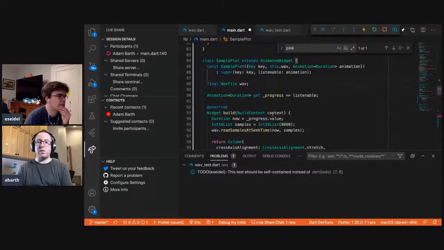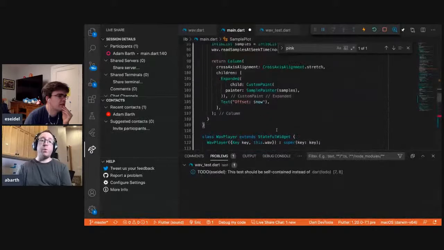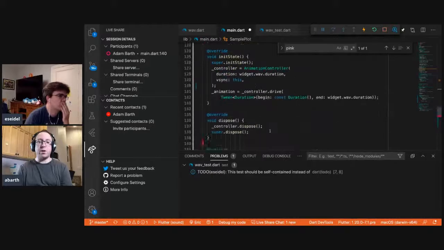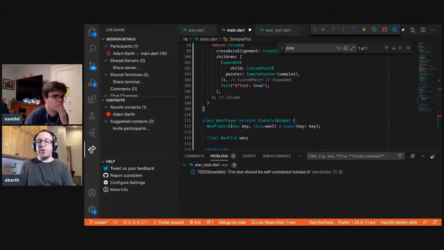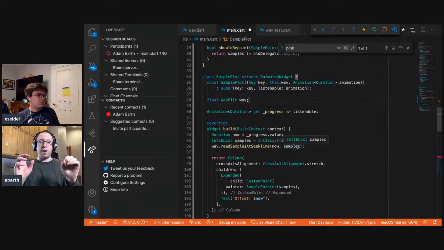It's not clear to me why sample plot should be the animated widget. Why shouldn't this top thing rebuild? Well, we got here just by copy and pasting sample code. The sample code we got from the docs had this two-widget design. And it's generally a good pattern. The widget that gets updated on every tick of the animation, you kind of want it to be as simple as possible because it's doing a lot of work a lot. So it's a common pattern to have a widget above that does a bunch of setup work and gets everything ready and then says, okay, I've computed all the stuff you need, animated widget, you now go animate.